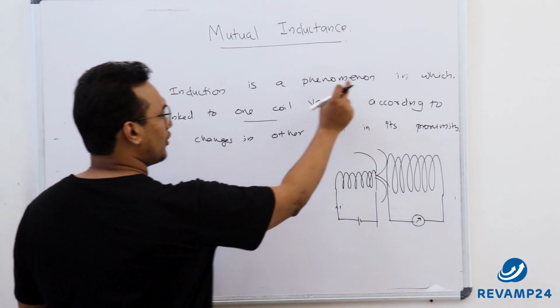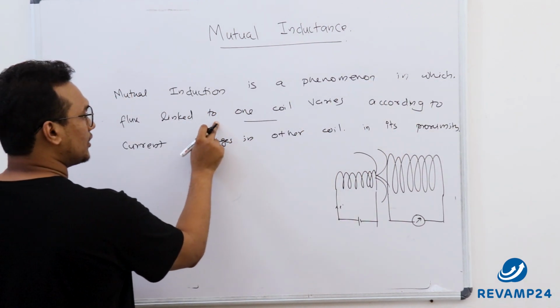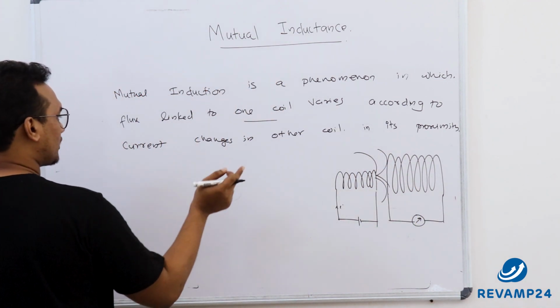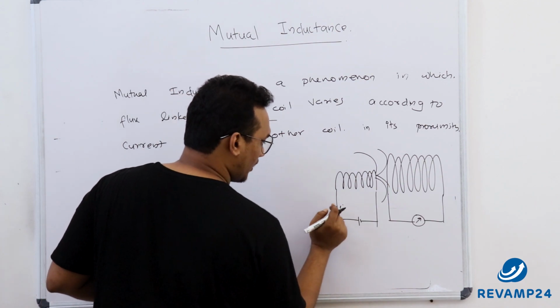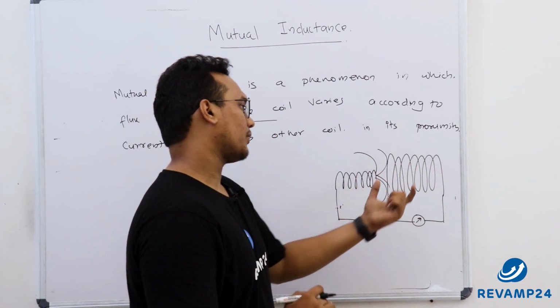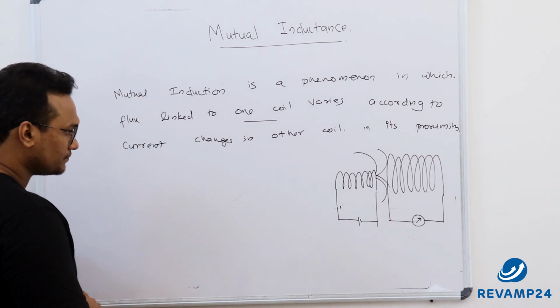Mutual induction is a phenomenon in which the flux linked to one coil varies according to the current change in a different coil. This is the different coil here, placed in proximity. Okay, now